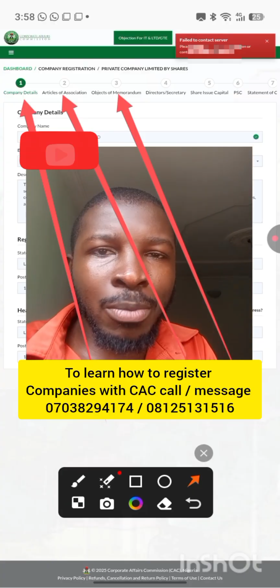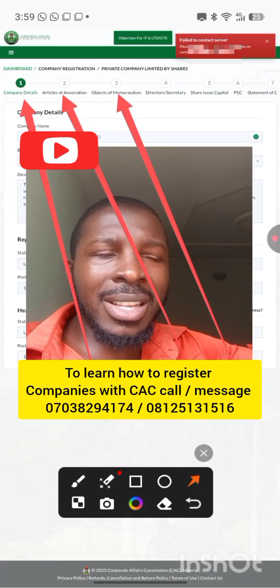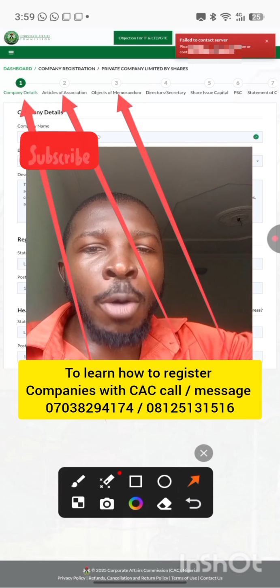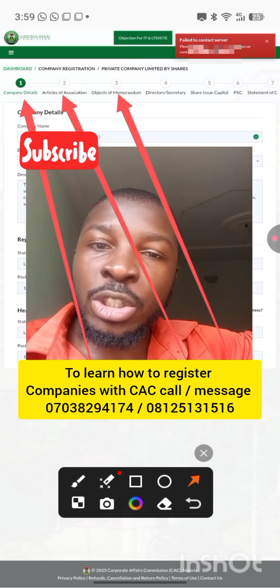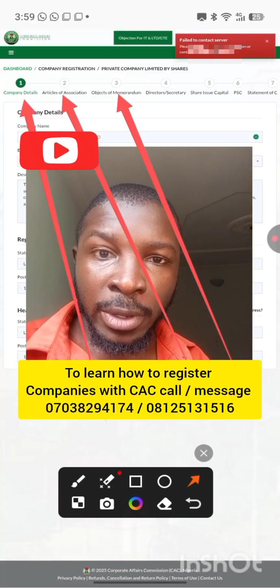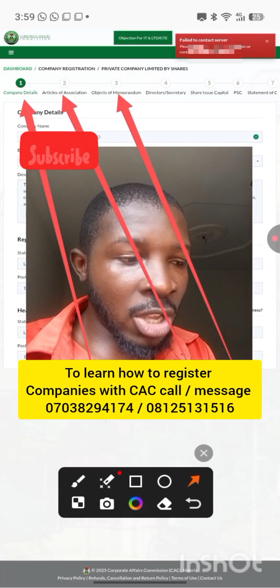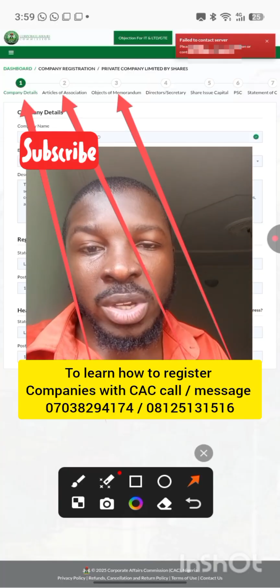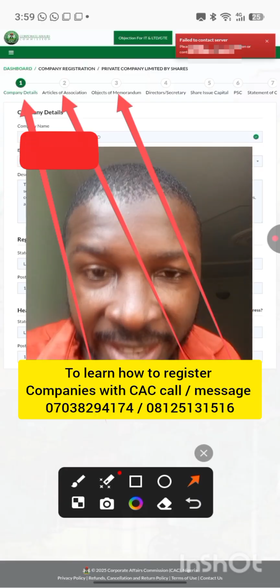That is also the same thing applicable to the object of memorandum. The object of memorandum is literally letting the public understand what your company has to offer. And anytime you exceed it, someone can call you out on it. So this is a very, very important part, which you should go to someone experienced in registration for, to avoid mistakes.